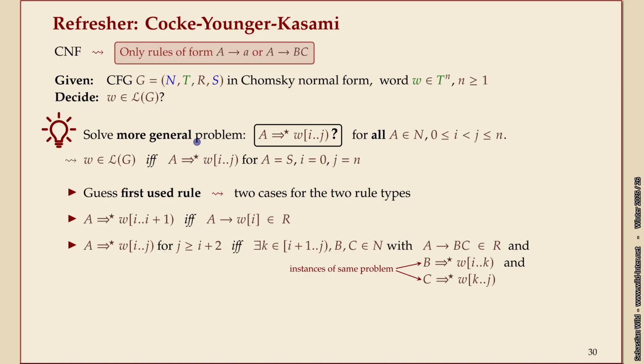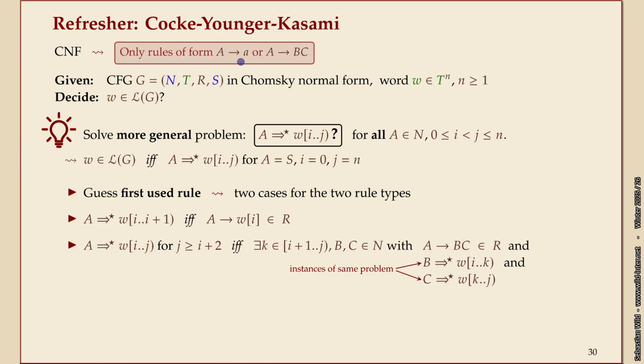Every derivation, whatever it produces at the end, has to start with the first rule. What rule does it start with so that we generate exactly that string, if it's even possible? Well, I don't know, so I'm going to guess. And we only have two different types of rules that could be the first rule. So I'm going to go through two different cases.